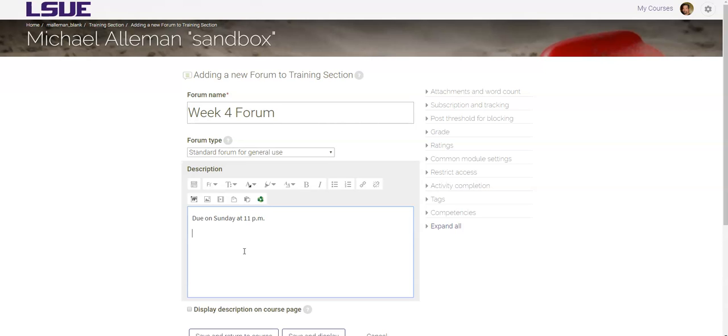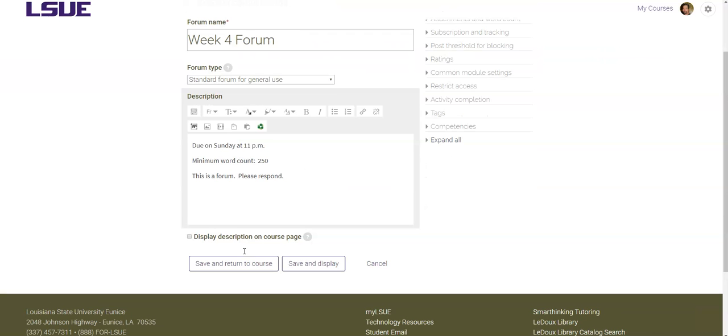If there is a minimum word count, then I would also include that here or certainly in the instructions. And then I'm not going to bother creating instructions, but I will just simply say, this is a form. Please respond. If you would like the description displayed on the main page of your particular unit or week, you'll click